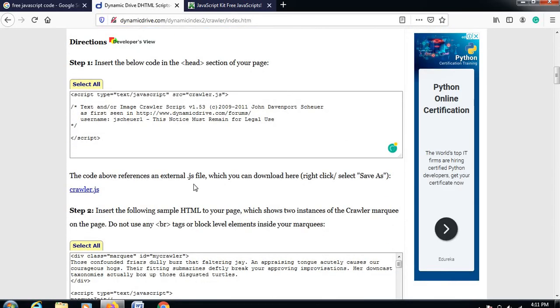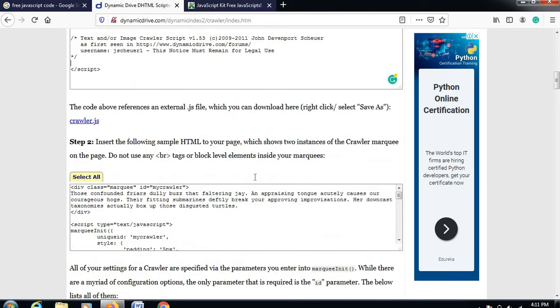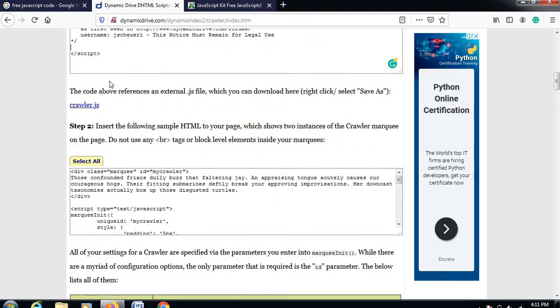Then for this JS file, that is JavaScript, is used, and here is the link to download that crawler.js file. After that, when you are done with these sub steps, just add this code, insert the following sample on your page, in your body part.